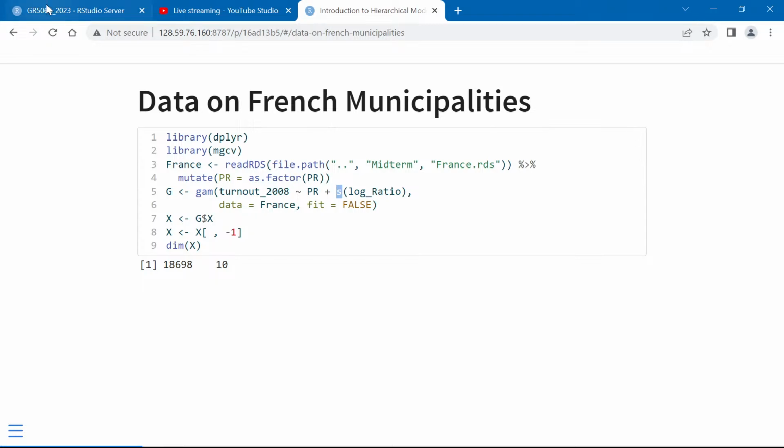And so you could call the GAM function with one of these s() terms to specify this should be some smooth but possibly nonlinear function. And I call it with fit equal false because I just want to look at the X rather than actually fit using the mgcv package, which is not using MCMC for the most part. It actually has the option to do some stuff in JAGS. But anyway,